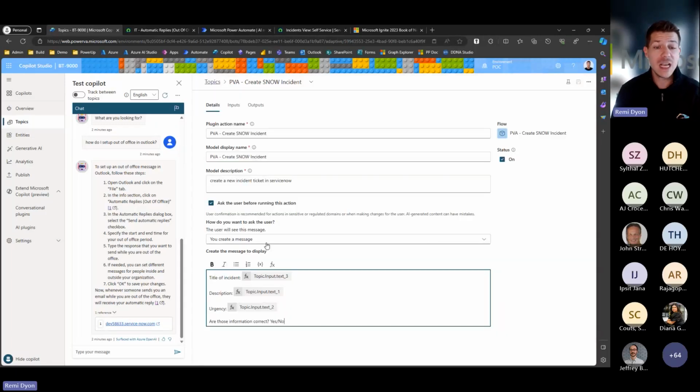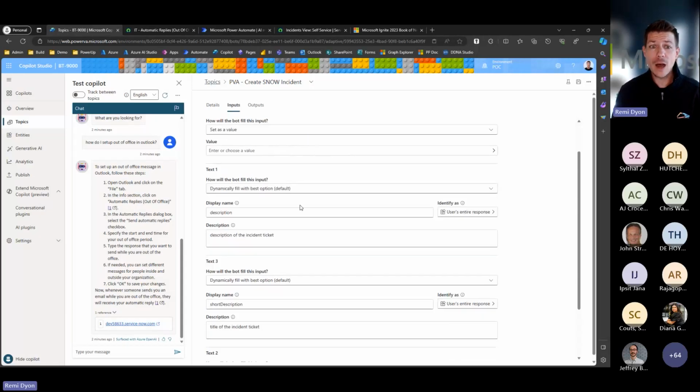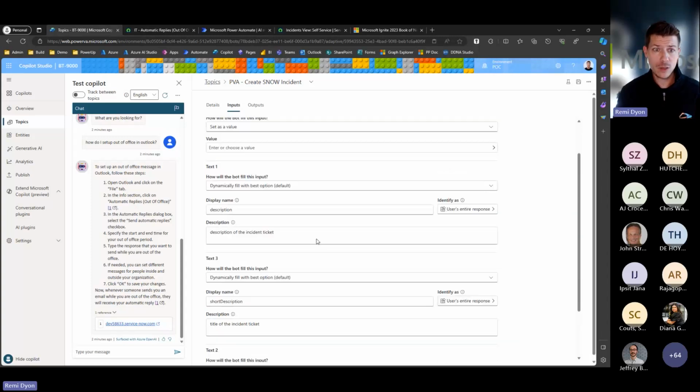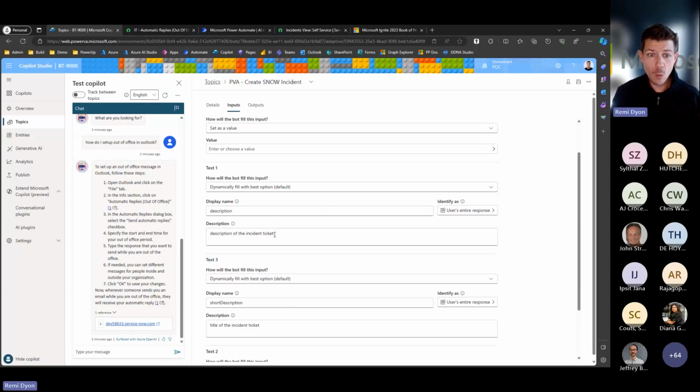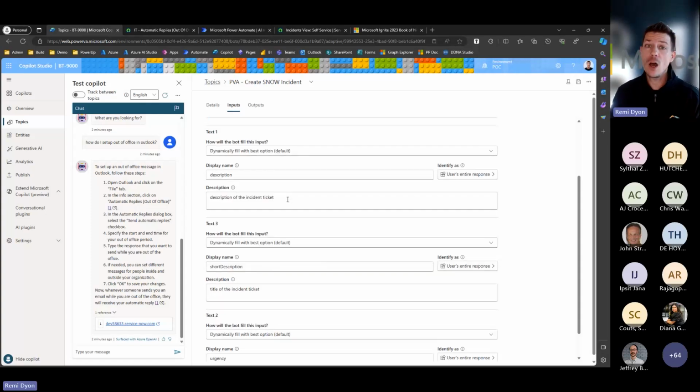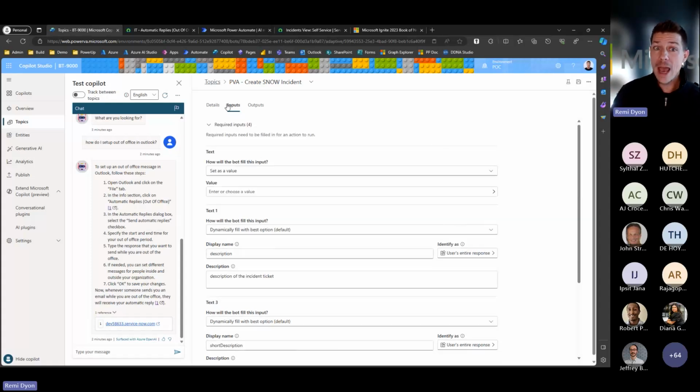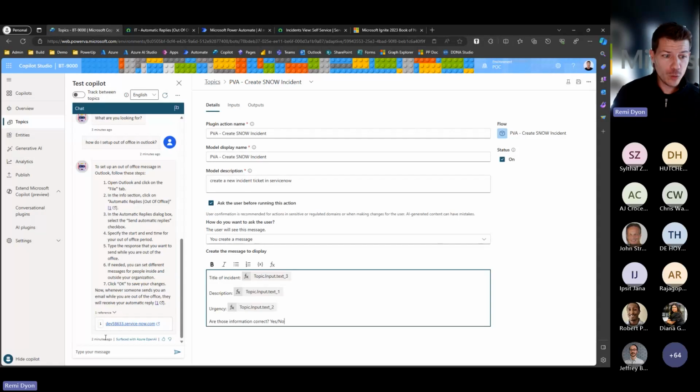So my API in this case is a Power Automate flow with 4 input parameters. Required input, right there, is what's the description of the incident? So I'm explaining in natural language what the API is expecting. What is the title of the incident? What is the urgency level of the incident? And I'm giving my AI model 3 options so that it knows that ServiceNow can only understand 1, 2, or 3 for my description. And just with that, now if I go to my